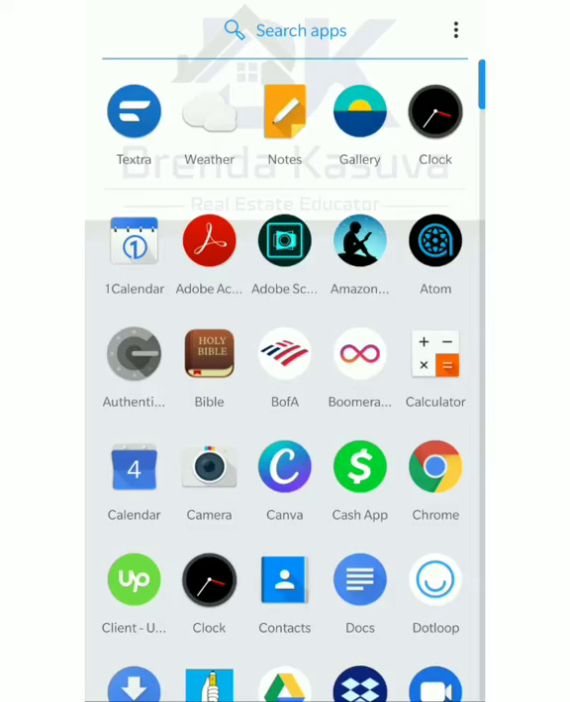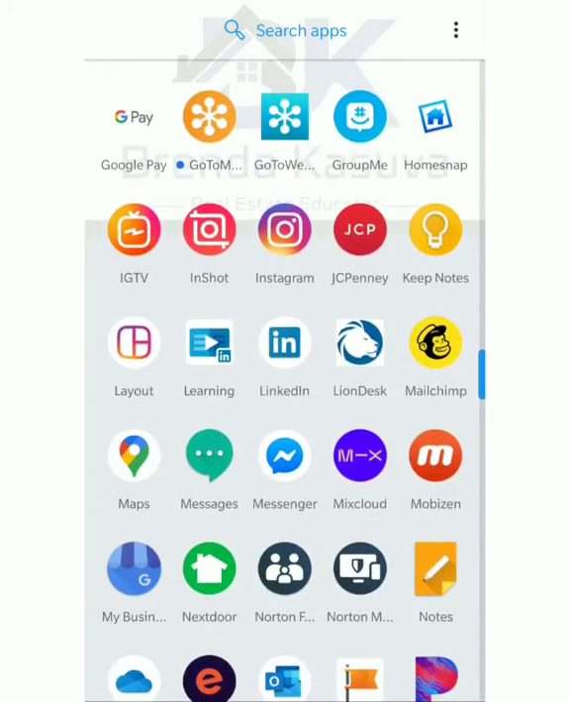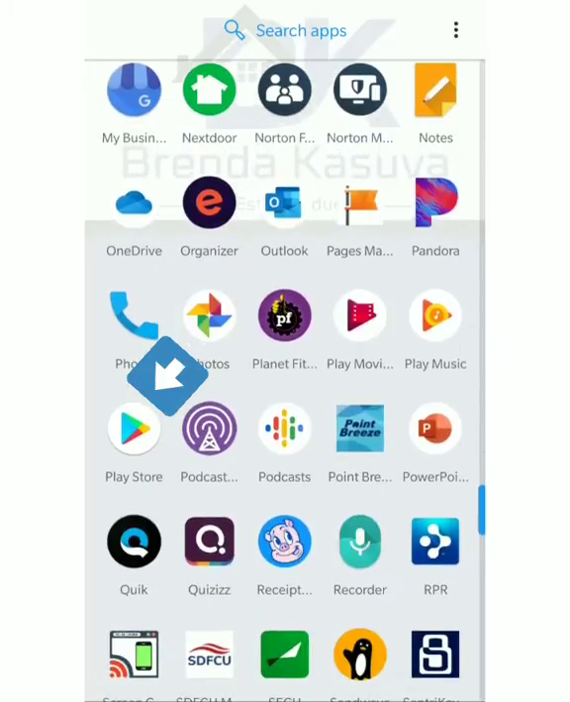I'm going to go to the Play Store. Yes, I have a lot. So I'm looking for this icon here on my left. Play Store,